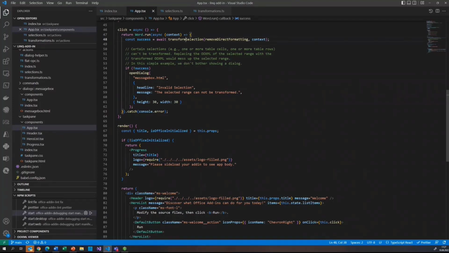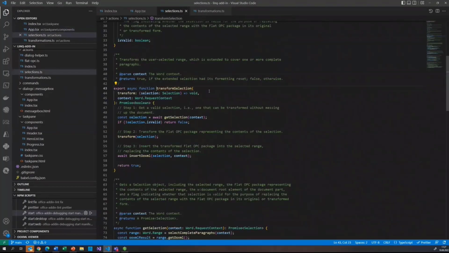So looking at transform selection first, if we go into that function, this is a function that takes a transformation function and the Word request context. It first gets the selection, making sure that full paragraphs are selected, tests whether the selection is valid by making sure that this is not a table that is selected. And if it's not valid, returns false and doesn't even try to transform. If it is valid,